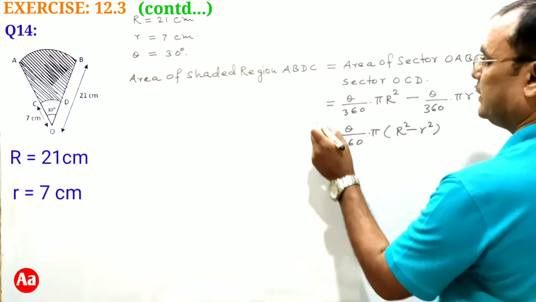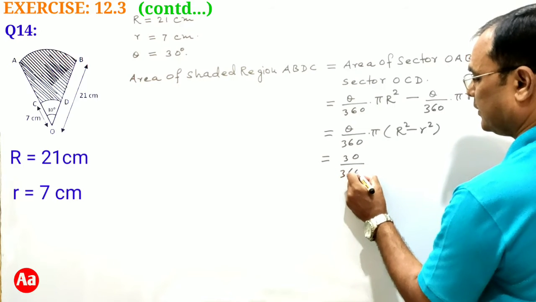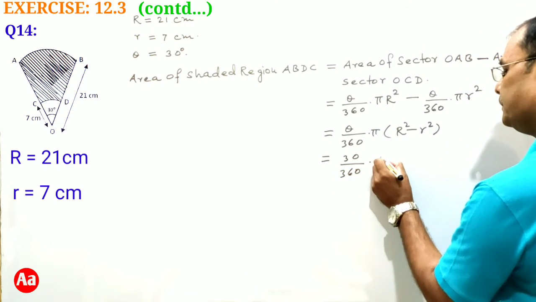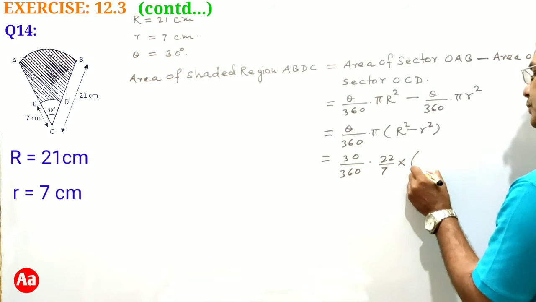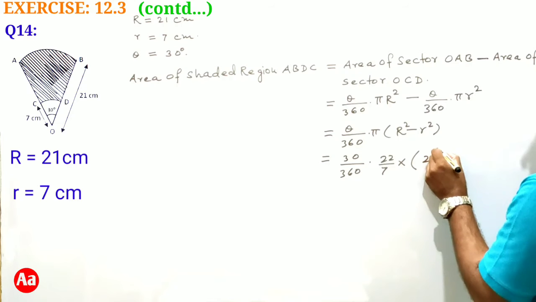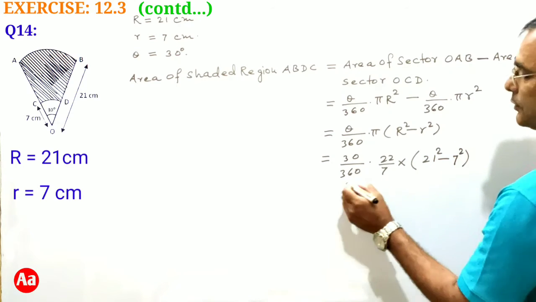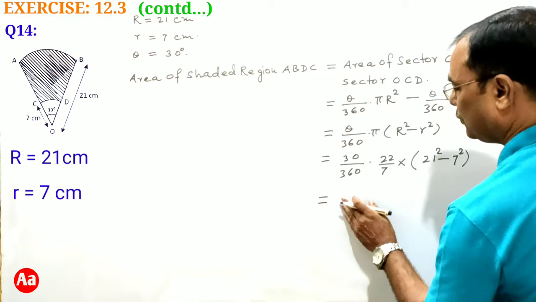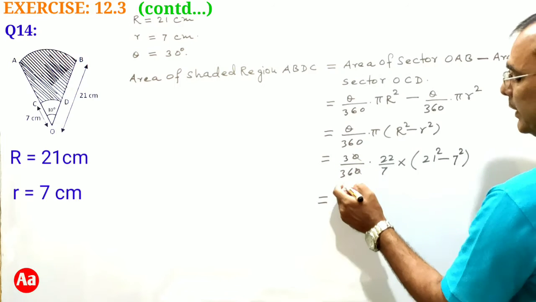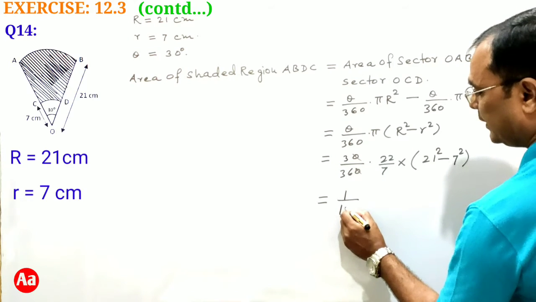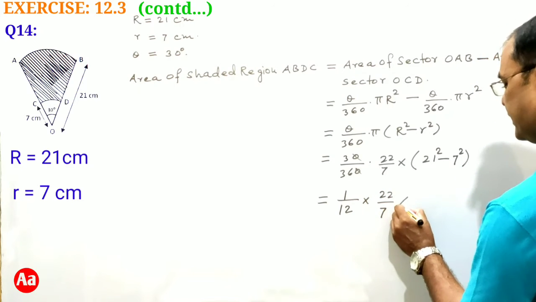Sector angle theta is 30. So 30 by 360 into 22 by 7 into 21 square minus 7 square. This is equal to, 0 0 cancel, 3 by 36, 1 by 12 into 22 by 7 into